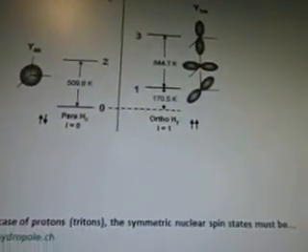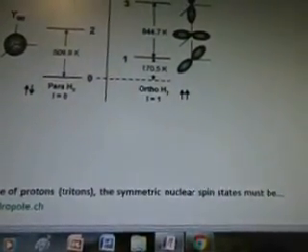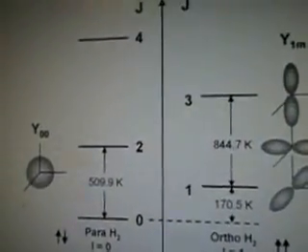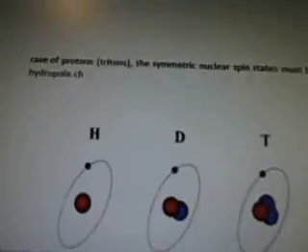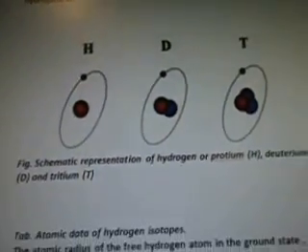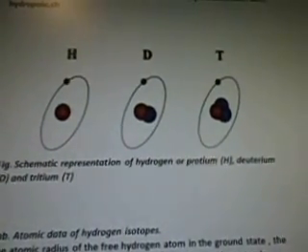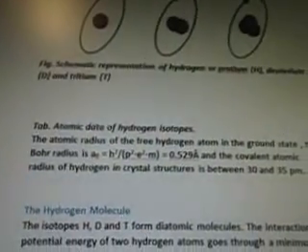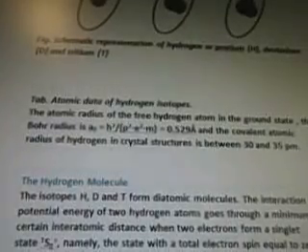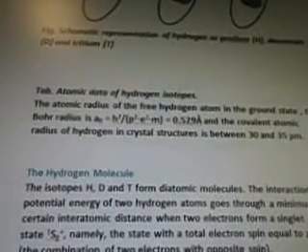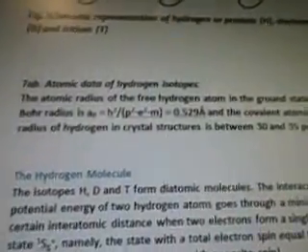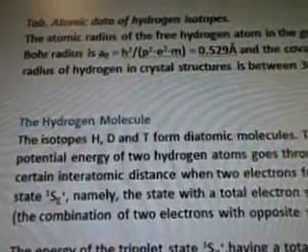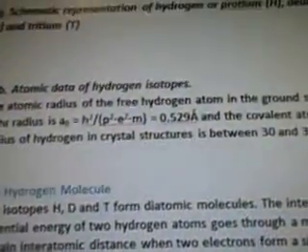This is the case of protons and tritons. The symmetric nuclear spin states must be, and that's from hydropole.ch. Okay. Here's a schematic representation of hydrogen or protium H, deuterium, and tritium T. Table: atomic data of hydrogen isotopes. The atomic radius of the free hydrogen atom in the ground state, the Bohr radius, is that, and the covalent atomic radius of hydrogen in crystal structures is between 30 and 35